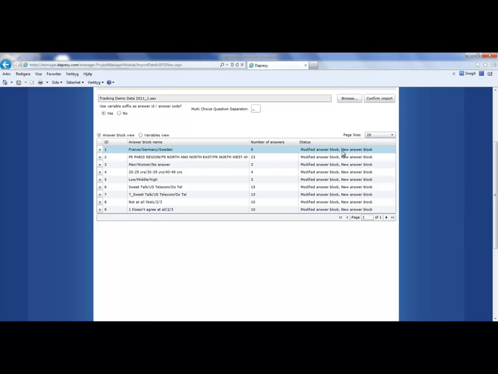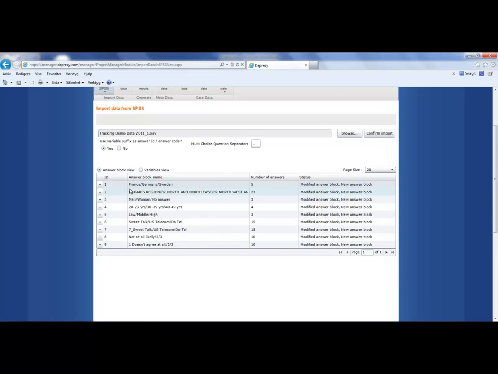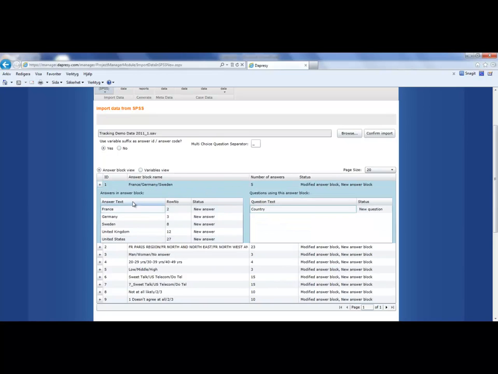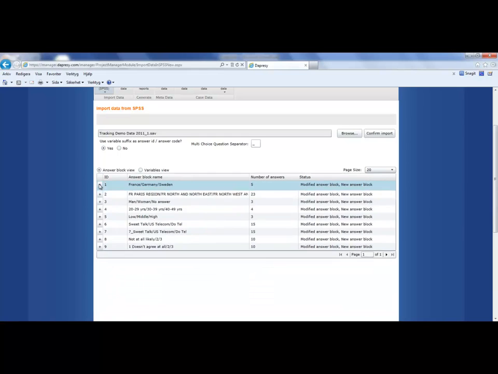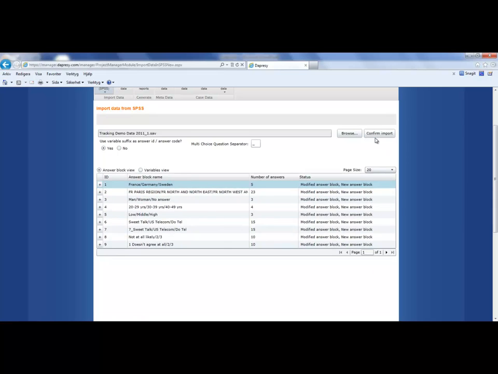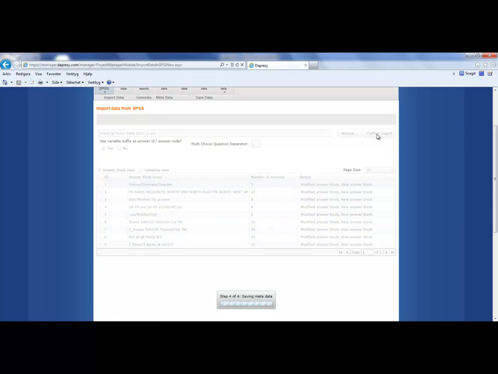And it says here, status modified answer block and a new answer block. This means that this answer block has a change from before, and that's not so strange in this case, because this is the first file that we're importing. If this was a second or a third file, for example, and it said modified answer block, you would know that there is a new answer in this answer block that has not been imported before. And you can see that by expanding this list. You can also see what question the answer block belongs to. Then you press confirm import,